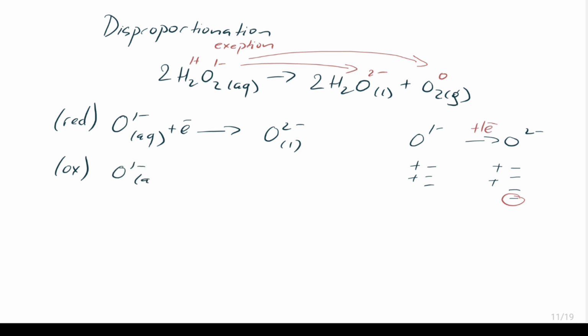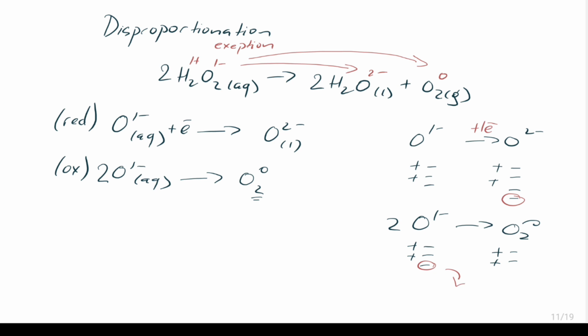As the process, as usual, will be oxidation. Oxygen 1 minus with the formation of the oxygen molecule with the zero oxidation state. Again, we will draw it. So negative 1. In order to be negative 1, you should have 3 electrons. And in order to be 0, you should have 2 electrons. So 1 electron will be donated. If electron will be donated, it will be oxidation process. So here you have 2 oxygen, that's why 1 will be multiplied by 2 and you'll write 2 electrons on the right side. Okay, we cannot cancel